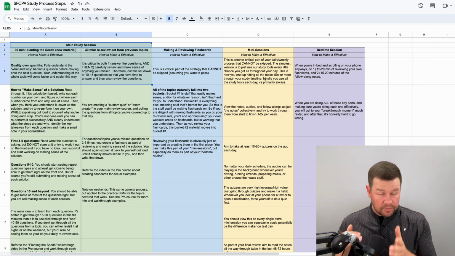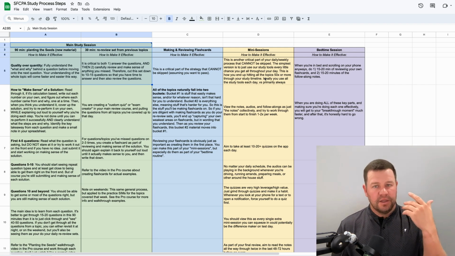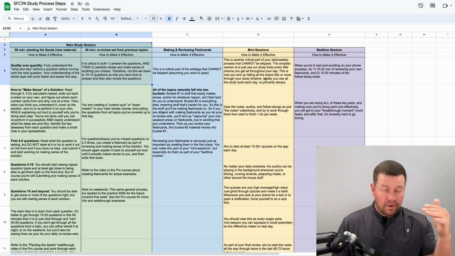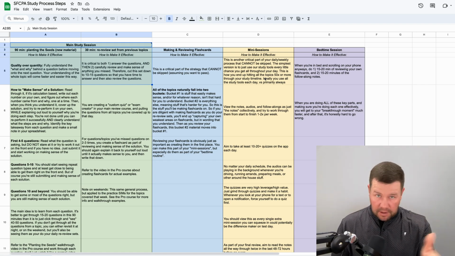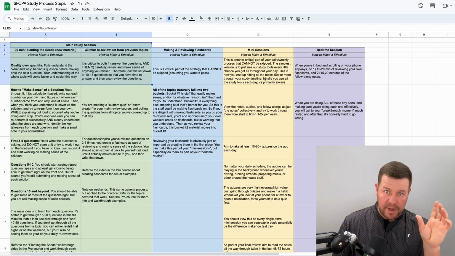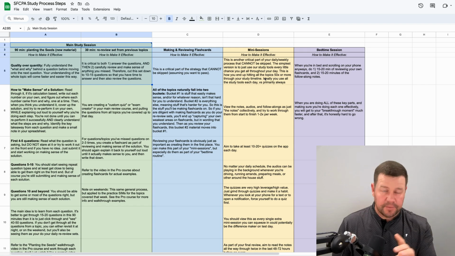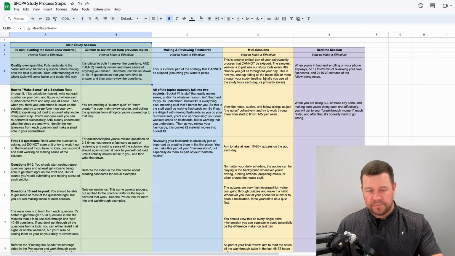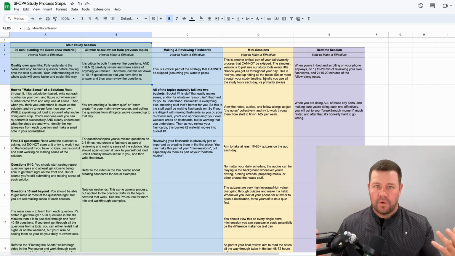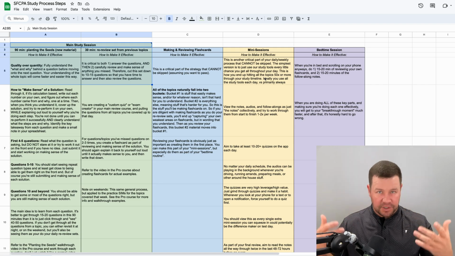So by the time you're done with work each day, you've put in 4, 5, 6 very high quality study hours, but you're done studying. So by 5 or 6 p.m., by the time you're done with work, you're done studying. Then you have your evenings free to do whatever you want to do, so that you can recharge at night.